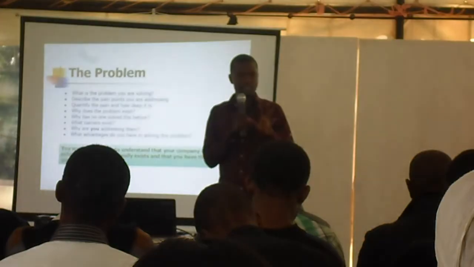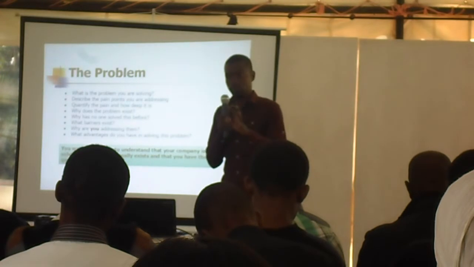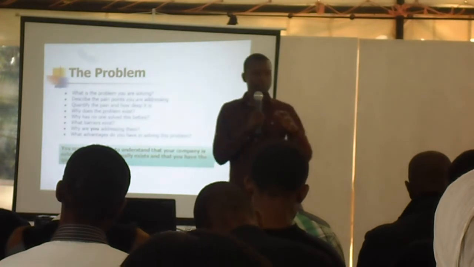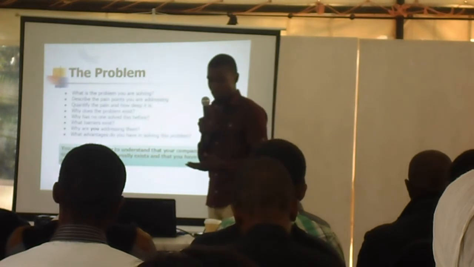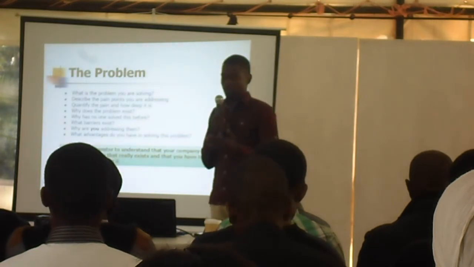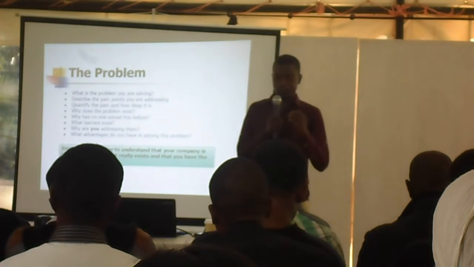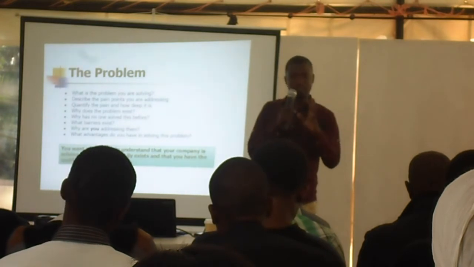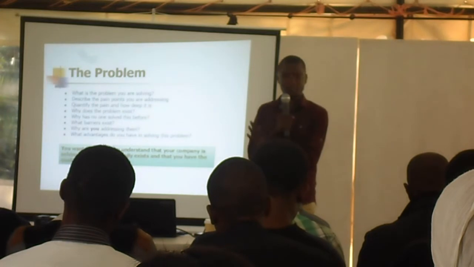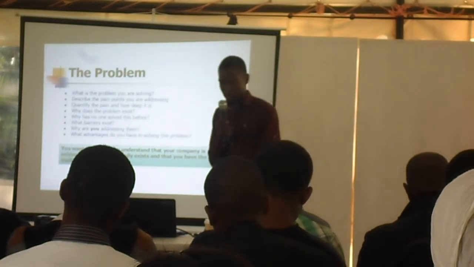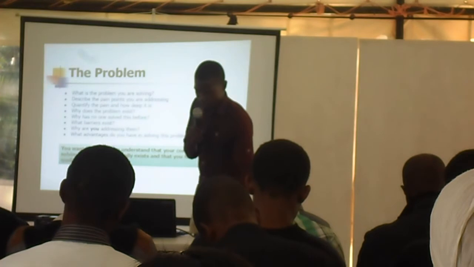Show the innovative aspect of it. The difference between invention and innovation is that with invention, you are the first person to do it. With innovation, you're saying I'm spinning it off and doing something new from what's already been there. So one of the things you have to do with your solution is clearly define whether it's an invention or an innovation. So that makes sense. What barriers exist?